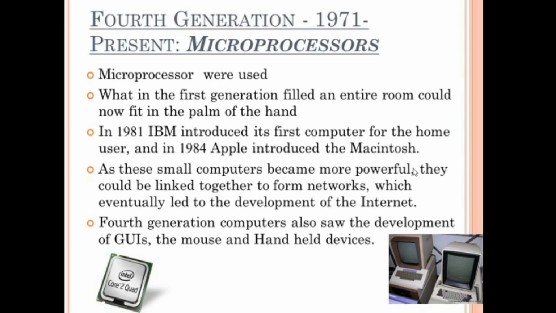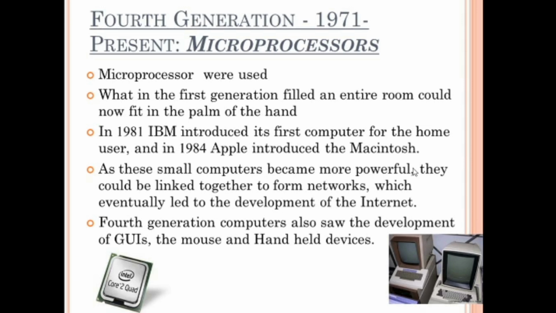Fourth generation starts in the year 1971. The microprocessor concept was introduced during this period. Computers of the fourth generation used very large scale integrated circuit technology, having about 5,000 transistors and other circuit elements with their associated circuits on a single chip, which made it possible to have microcomputers of the fourth generation. Some examples have been given.